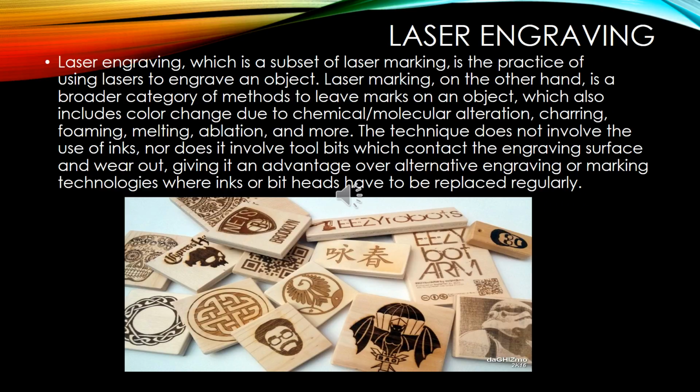Laser engraving, which is a subset of laser marking, is the practice of using a laser to engrave an object. Laser marking, on the other hand, is a broader category of methods to leave marks on an object, which also includes color change due to chemical or molecular alteration, charring, foaming, melting, ablation, and more. The techniques do not involve the use of inks, nor do they involve tool bits which contact the engraving surface and wear out, giving it an advantage over alternative engraving or marking technologies where inks or bit heads have to be